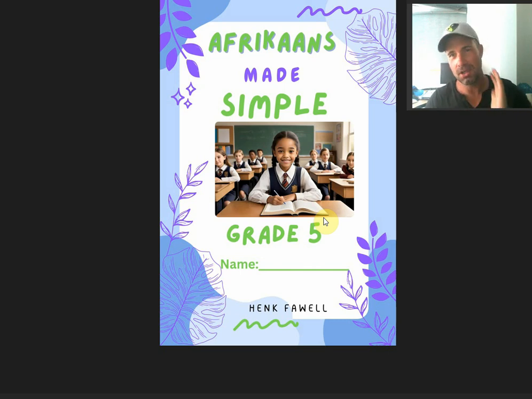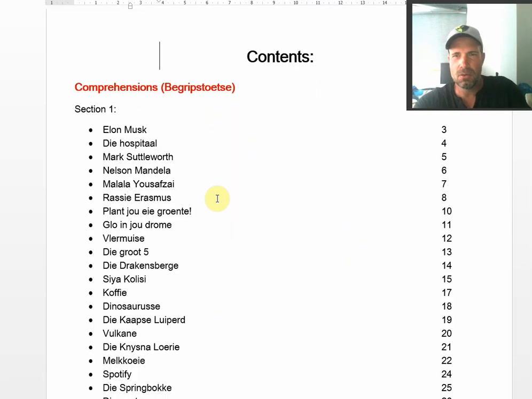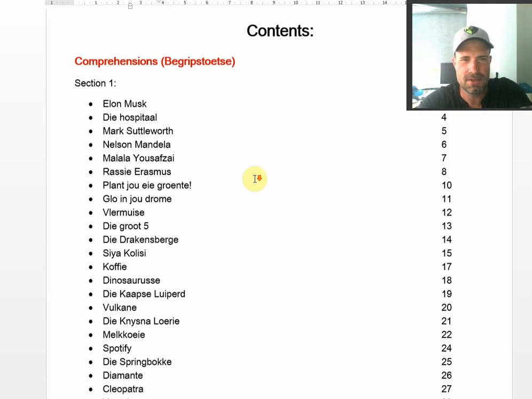I'm going to page through it now so you can see what is actually inside and to see whether it will be something that you like to work with or something new or fresh that you'd like to try out. So I'm just going to go to the Word document here. Once again, the focus is on lots of little comprehensions, lots of little topics. You don't have to do it from page 1 to 100. You can jump around and try different comprehensions in different places.